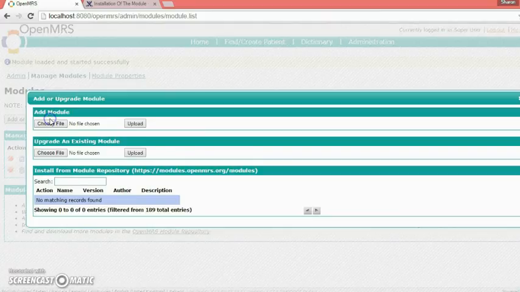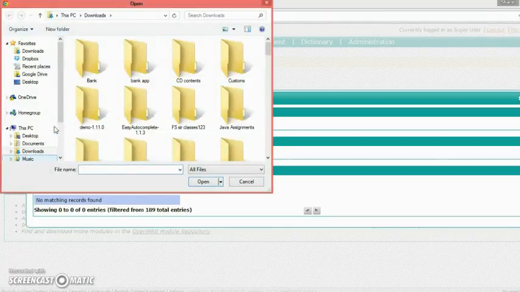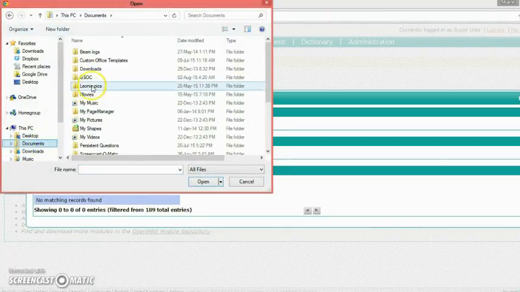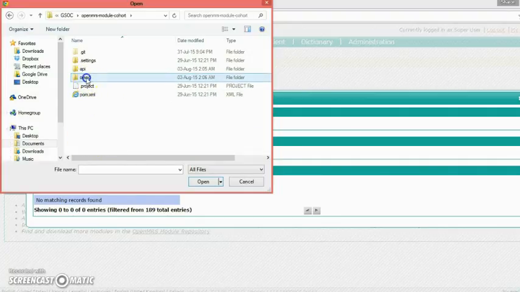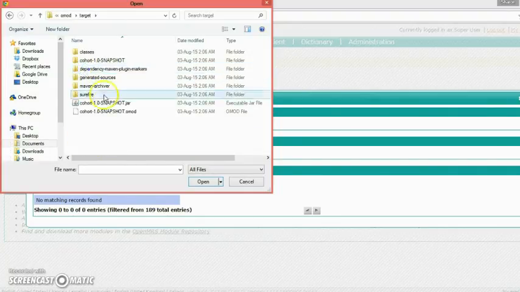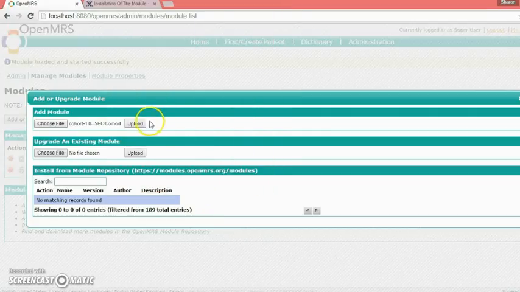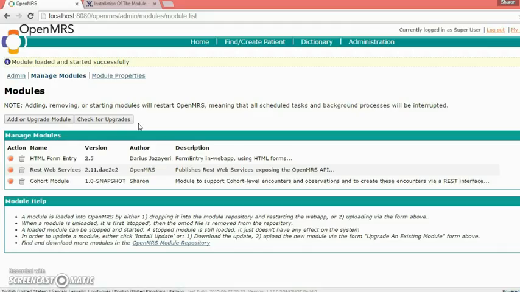And the last one, which is the cohort module. As you can see, all the three modules are running.